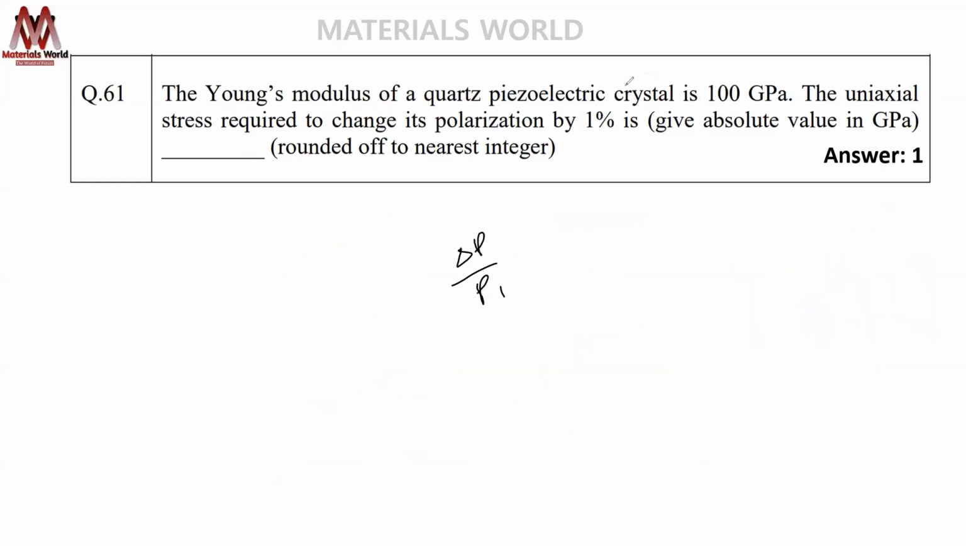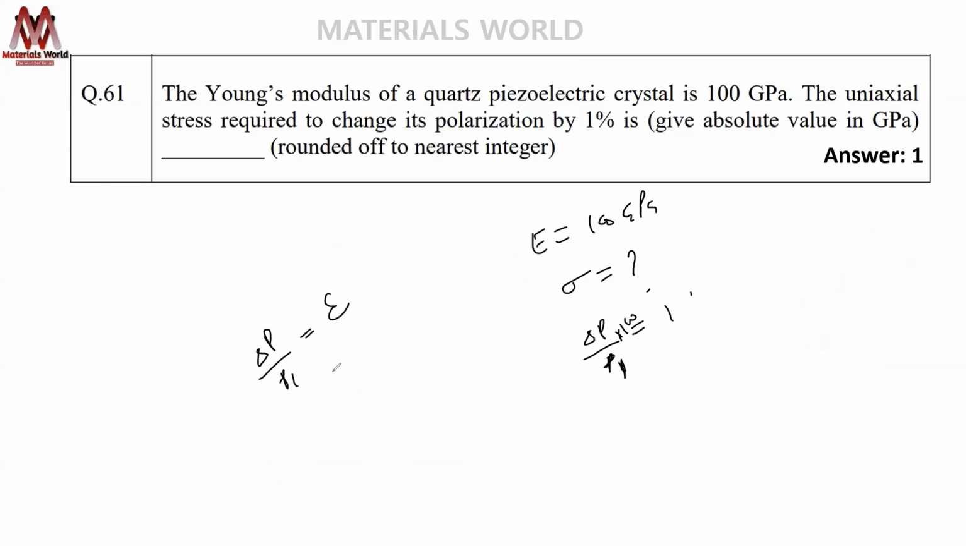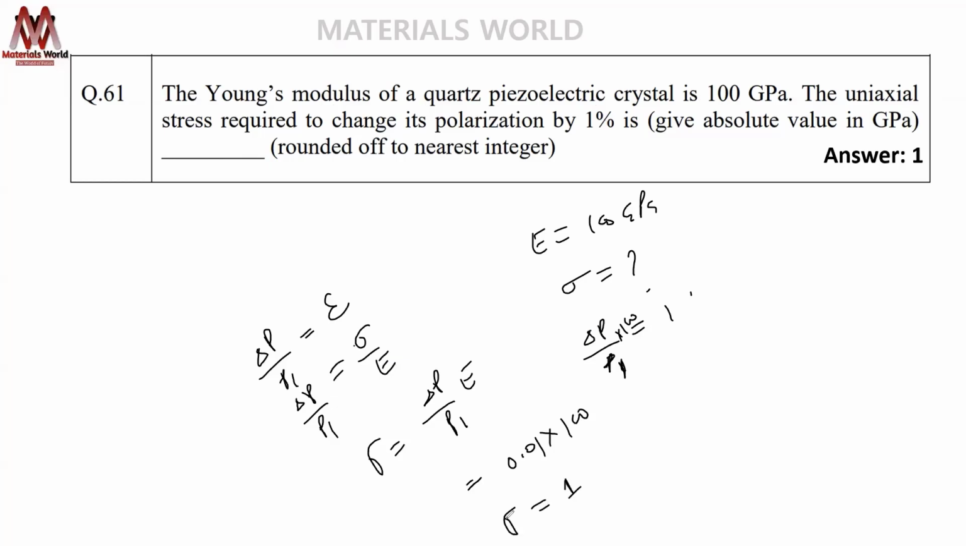So as you can see here, your E is 100 GPa, sigma is what is being asked, and delta P by P1 equals, into 100, 1%. Simple. What is delta P by P1? Epsilon. What is epsilon? Sigma by E. You can substitute simply. You get sigma equals delta P by P1 into E. What is delta P by P1? 0.01 into what is E? 100. So you'll get one answer. Sigma equals 1 GPa. Okay. Answer is